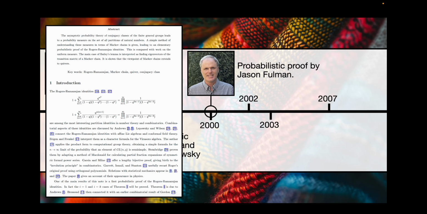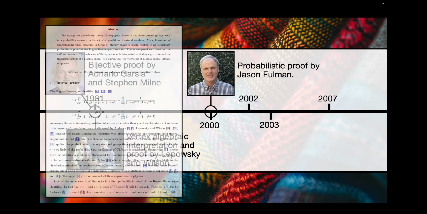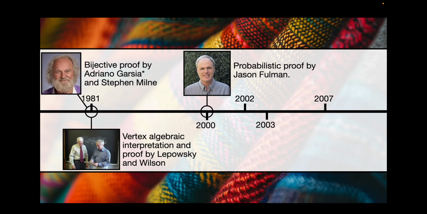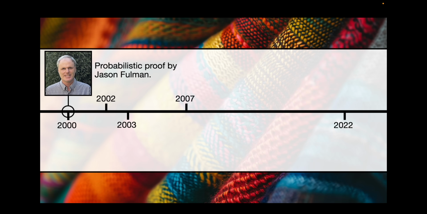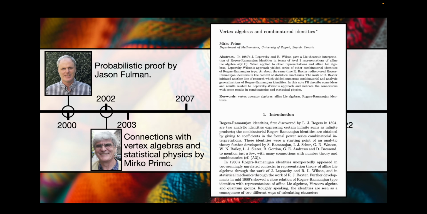Then we have our bijective proof, and then we have our vertex algebraic proof, and now finally we've got this probabilistic proof. So I think it's really interesting to see that these identities can be proven by many, many different methods. So as was hinted at with Lepowski and Wilson's paper, these identities have connections with vertex algebras, and Mirko